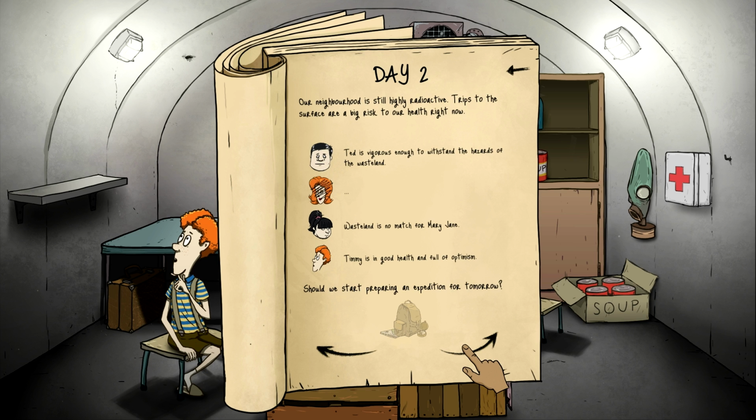I think we shouldn't. Yeah, our neighbourhood is still highly radioactive. Trips to the surface are a big risk to our health right now. Now, the radio told us to bring a health kit in, which I'm guessing is the game's way of saying, by the way, in this playthrough, health problems are going to be more common than they would be otherwise. So I don't want to risk radiation poisoning, even though I could heal it. So right now, we've got enough food and drink and supplies to not bother going out, at least for the first maybe...